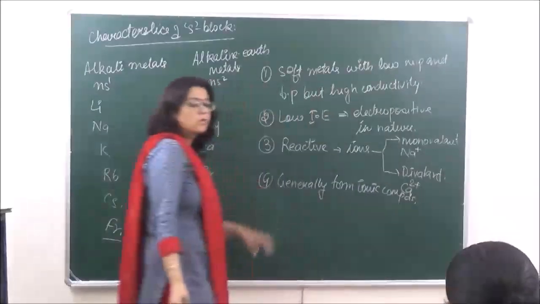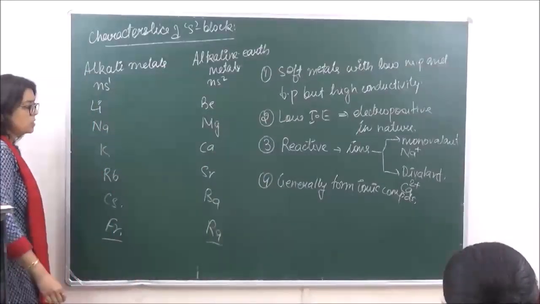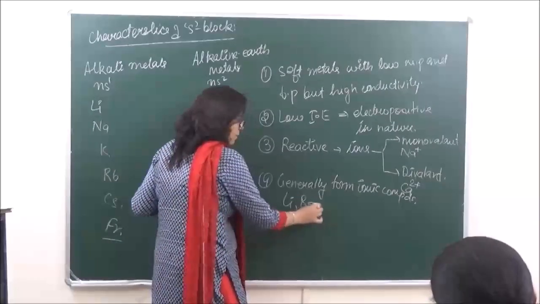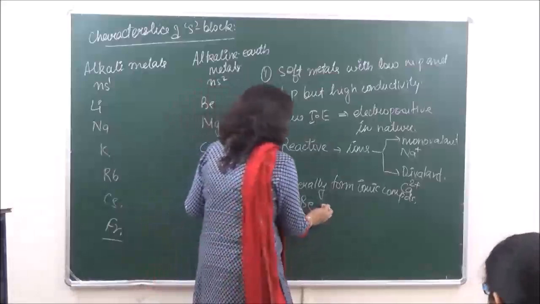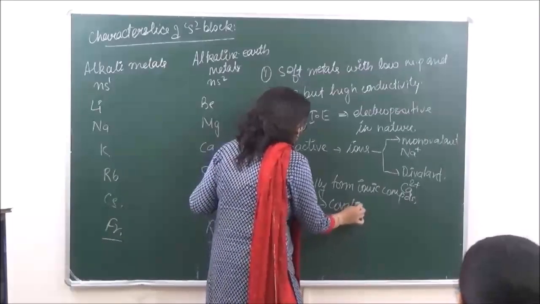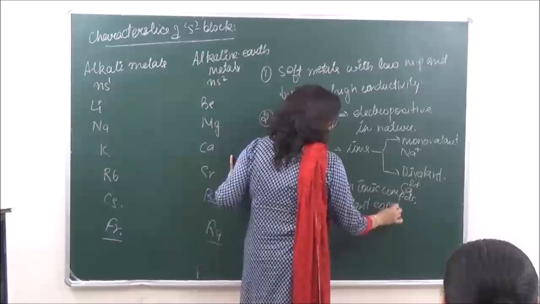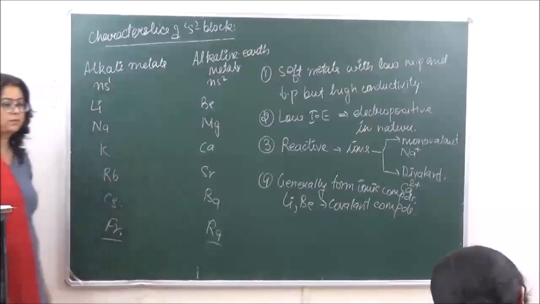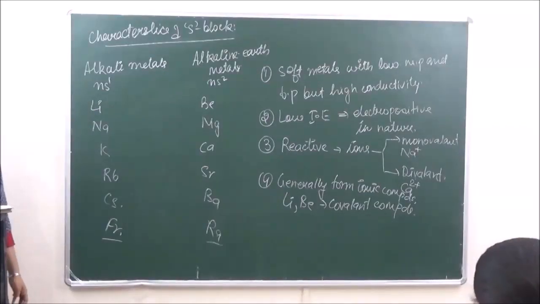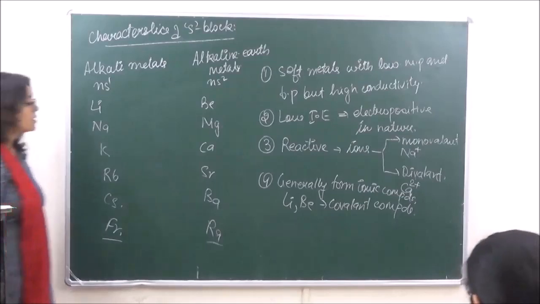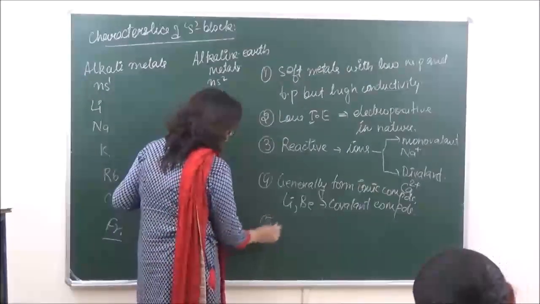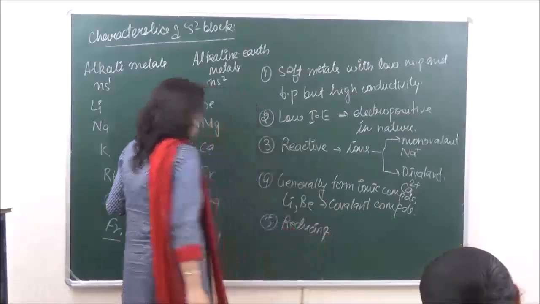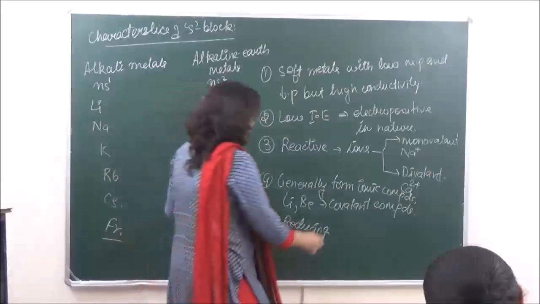ionic compounds. Because they readily form ions, therefore they have the tendency to form ionic compounds, except for lithium and beryllium. Because of their high ionization energies, they are going to form covalent compounds. ठीक है? फिर उसके बाद they all are strong reducing agents. Lithium being the strongest reducing agent amongst all.